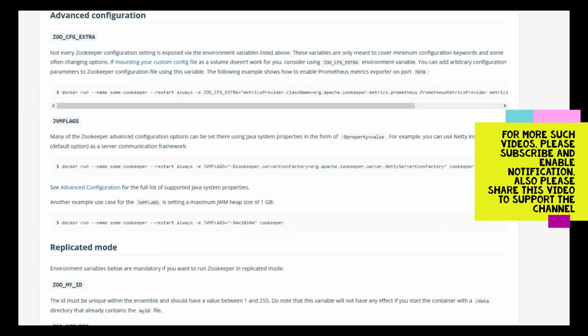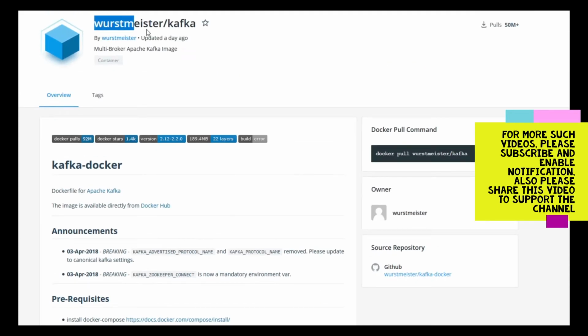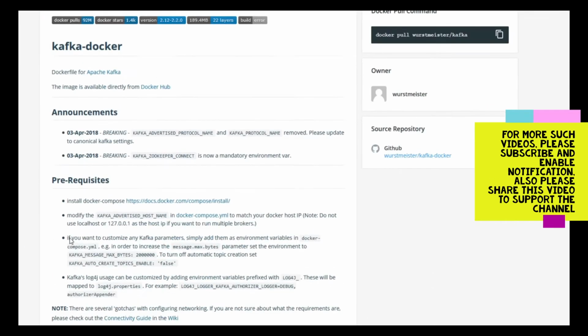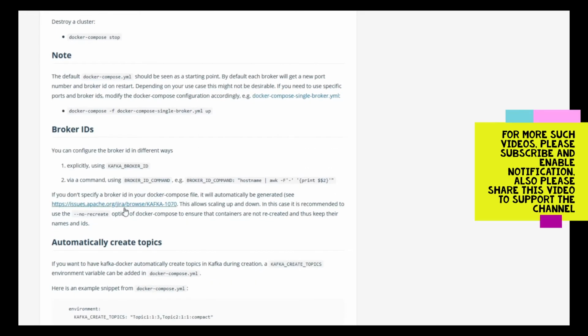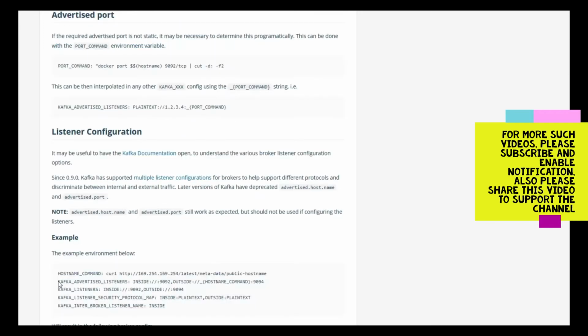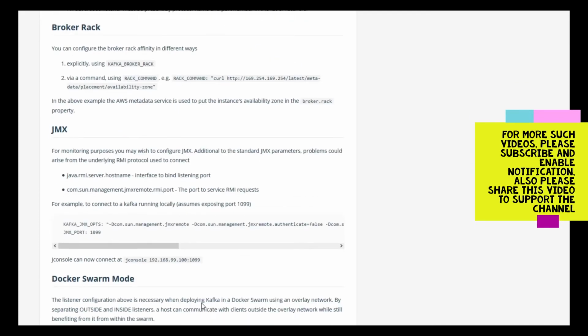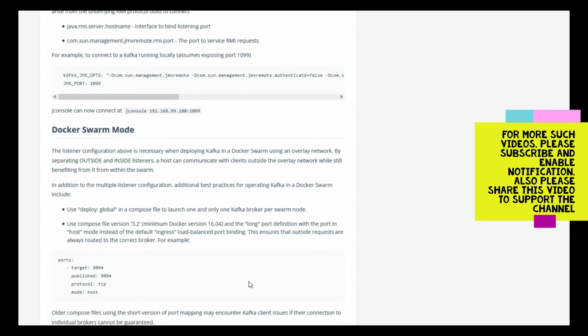And for non-official images, it's hard to say, but this image is a very nice image wherein everything has been documented very nicely, and you will find everything specified in this image. So the usage, the brokers, how to add them, the environment variables, everything has been specified over here. Everything has been mentioned very neatly in this Docker image. So you can get all this information from here, which you will end up using in your Docker or Docker Compose file.